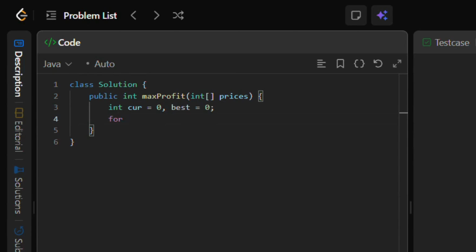From there, we loop through the price list starting at index 1 so we can compare each day with the day before it. This loop touches each day once. That gives us O(n) time. Inside the loop,